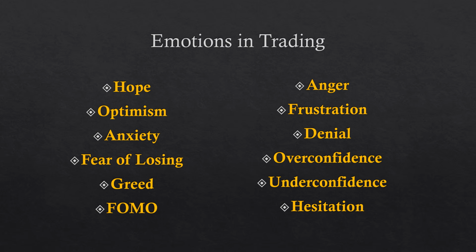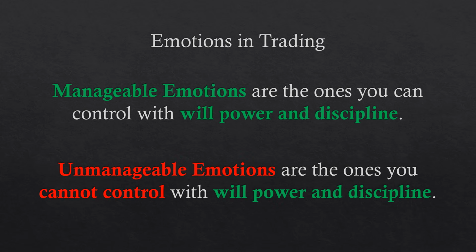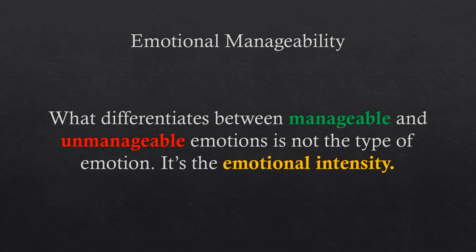What a few traders fail to realize is that there are emotions that are possible to manage and others that are unmanageable. The manageable emotions are those you can control with willpower and discipline. Unmanageable emotions are those you cannot control with willpower and discipline. In other words, these are the emotions that take over you and force you to make bad decisions in the market. What differentiates between manageable and unmanageable emotions is not the type of emotion, it's the emotional